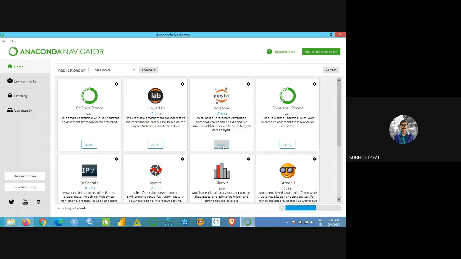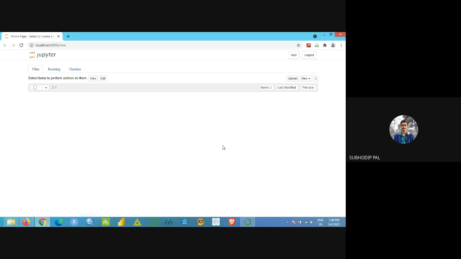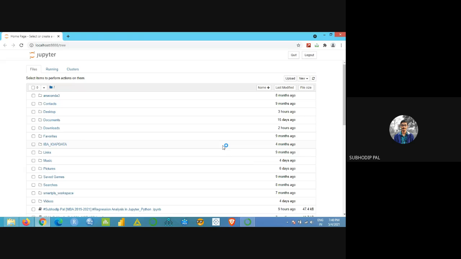For me, it will obviously take some time because I'm sharing my entire screen. So be patient. Are you getting the options for which web browser you're going to use? Click on one web browser and there will be a checkbox, something like 'never ask again'. Click on that. I suggest you use Google Chrome only,